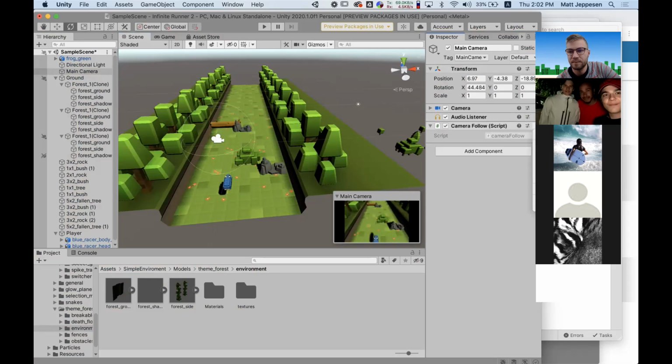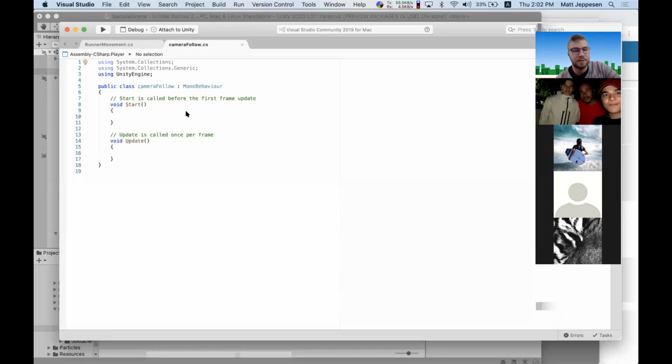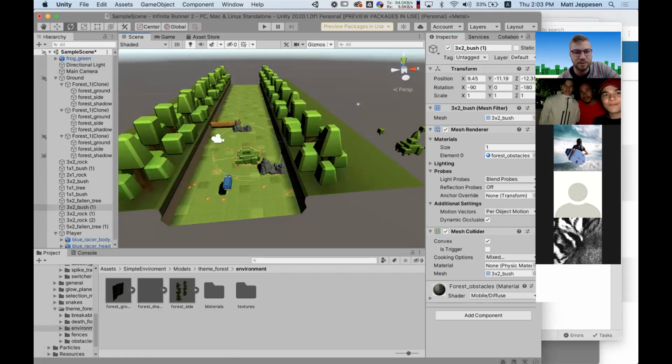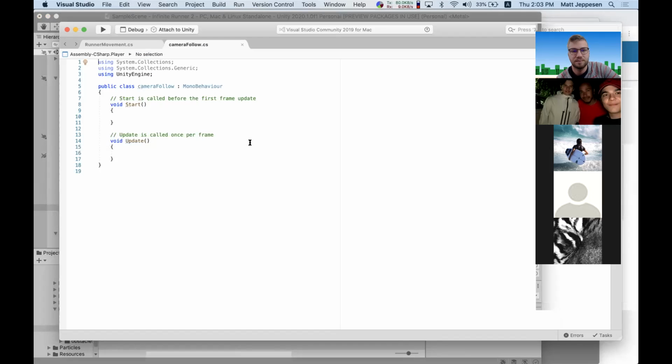Okay. I've got a script. I want the camera to follow the player, but what I don't want is for the camera to zoom left and right. I really just want the camera to go straight behind the player. What can we do? Can we give the camera a constant movement forward? Oh, that's an interesting idea. Yeah, I like it. That's super. Yes,